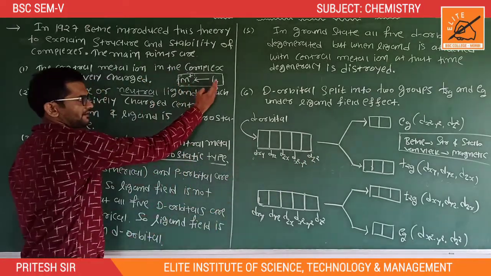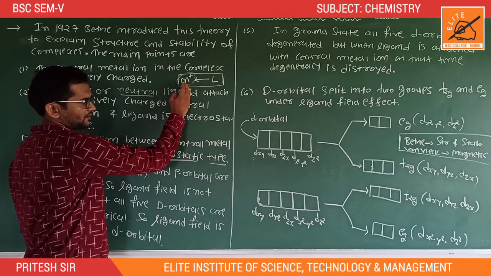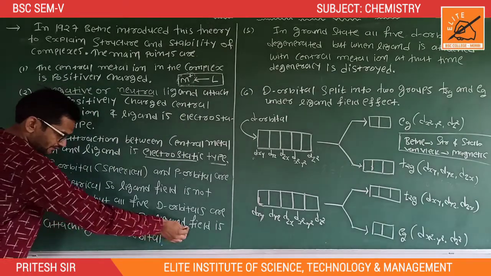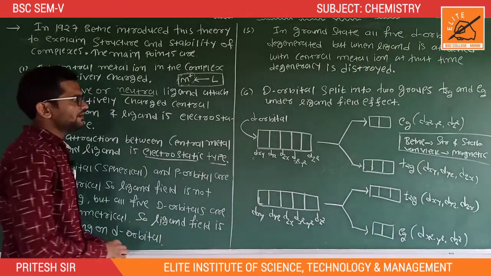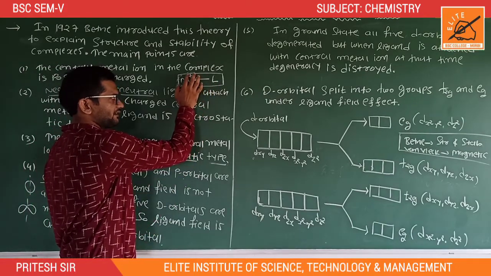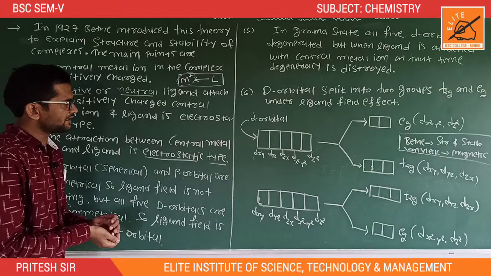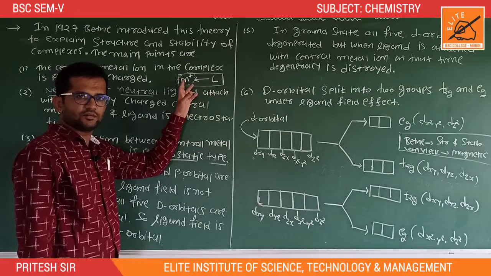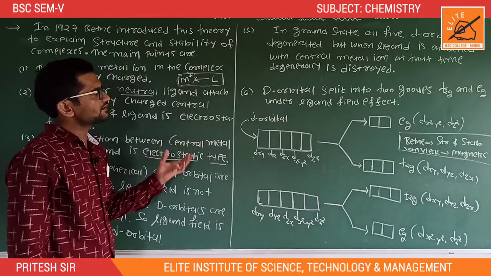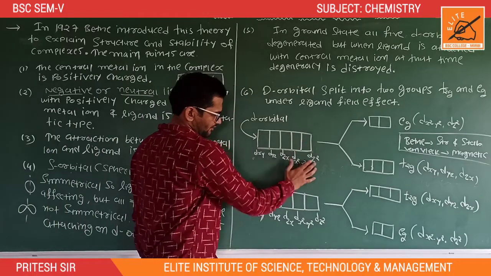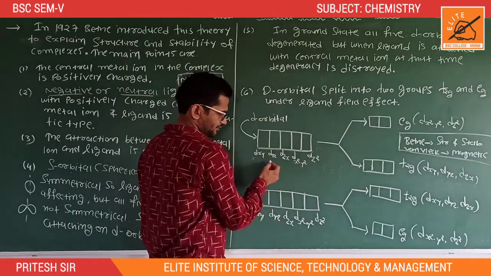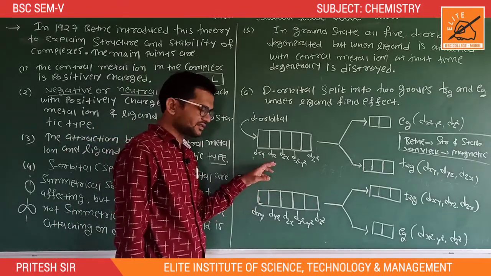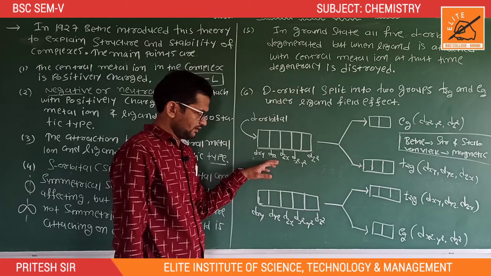But when a ligand is attached with the metal ion, at that time the ligand field affects the d orbital. At that time the d orbital is further split into two terms. At that time degeneracy of the d orbital is destroyed. It means in ground state all the 5 d suborbitals are degenerate, but when the metal ion is attached with a ligand, at that time the energy of the d orbitals is not degenerate.